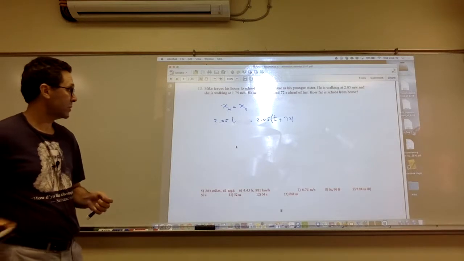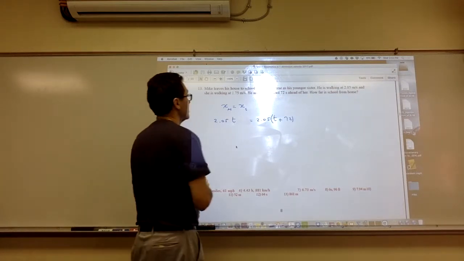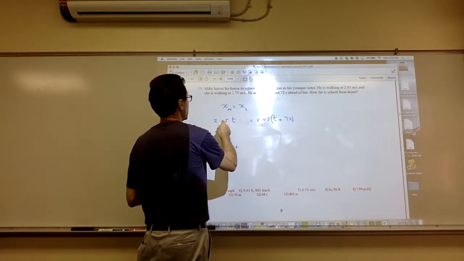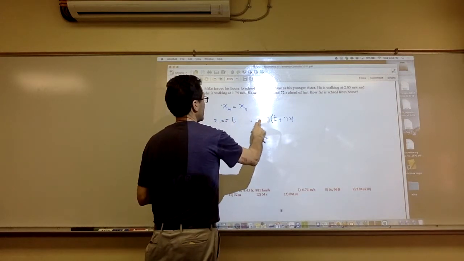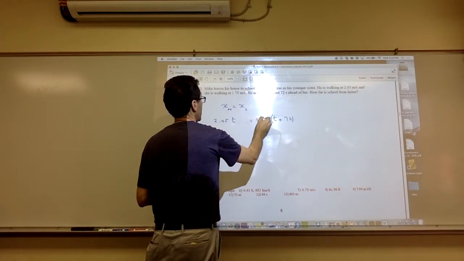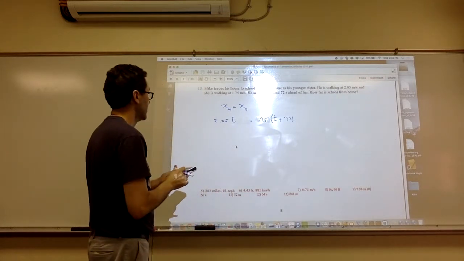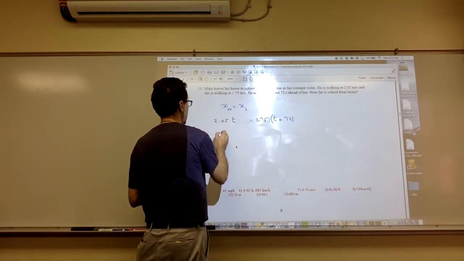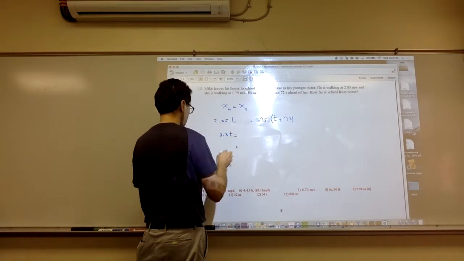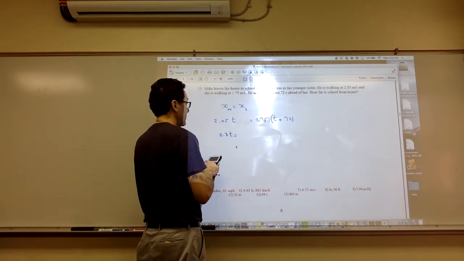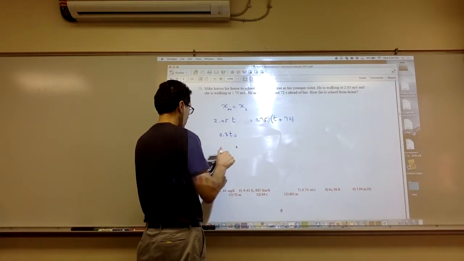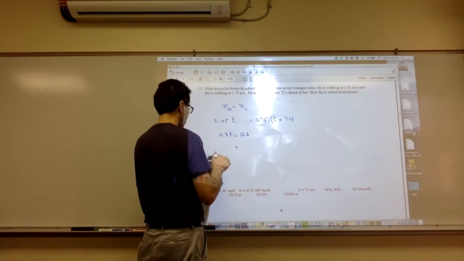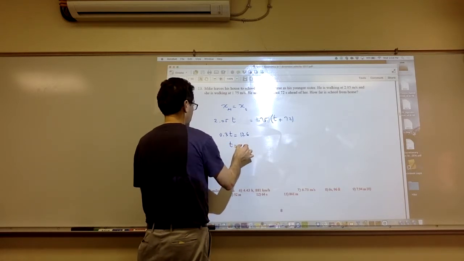So if we solve that equation, we should get, did I mix this up? Okay, this is not supposed to be 2.05. This is supposed to be her speed, 1.75. So you can make that correction. So this is going to be 0.3 t equals, what's 1.75 times 72, equals 126. Okay, so t is equal to 420